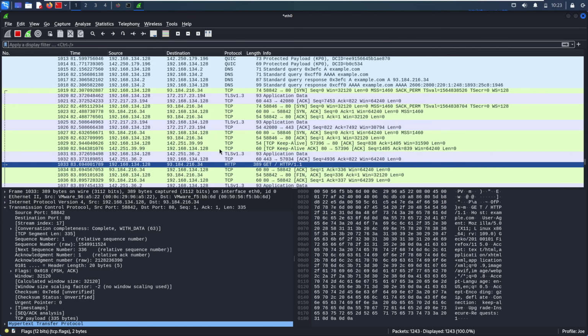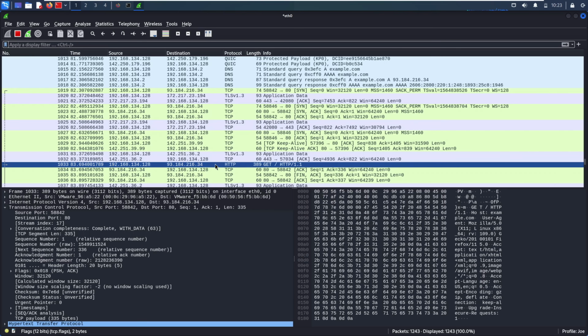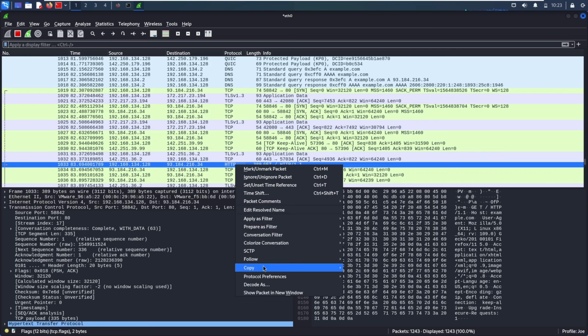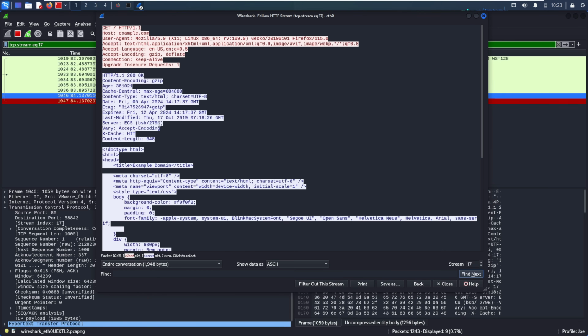For example, if we're dealing with an HTTP session, using Follow TCP Stream, we'll display the GET request sent from the client and the corresponding responses received from the server. To access this feature, simply right-click, hover over Follow, and then select either HTTP Stream or TCP Stream, depending on the protocol being used. When dealing with HTTP, most of the content will be displayed in plain text, making it